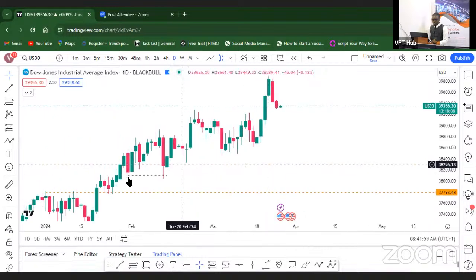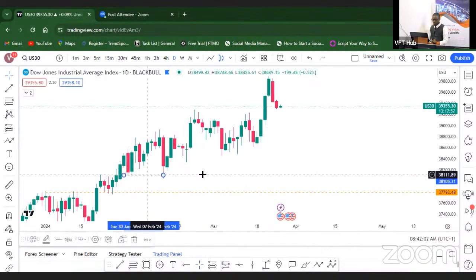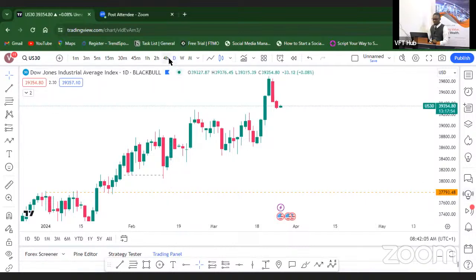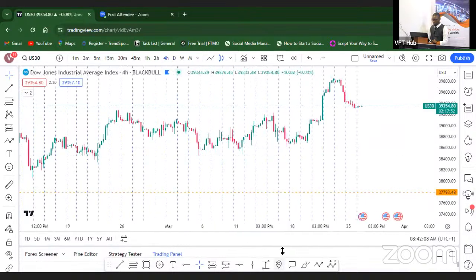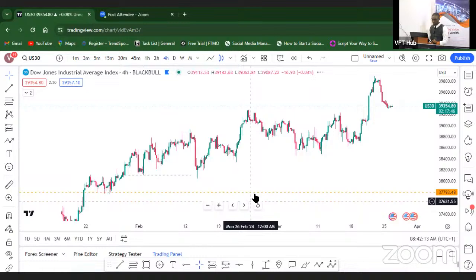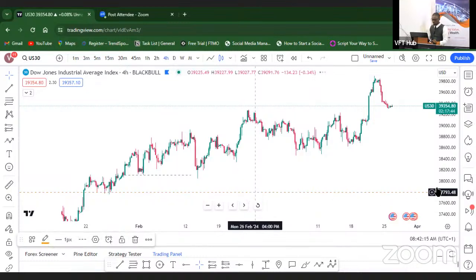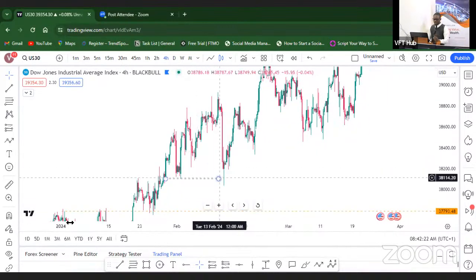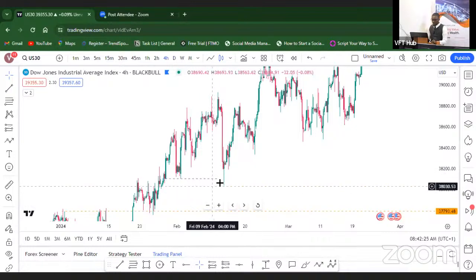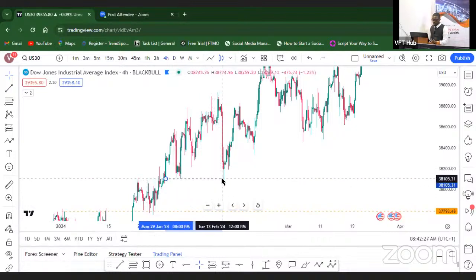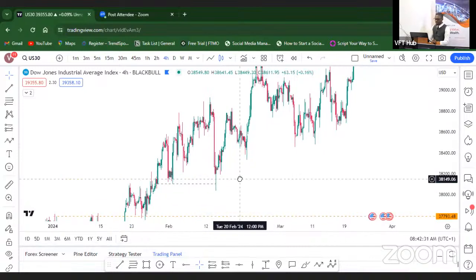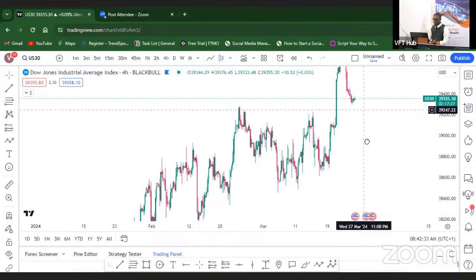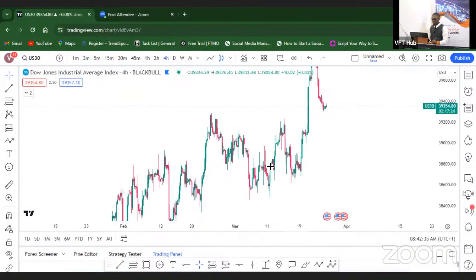So what am I seeing here? I'm seeing price swept through this last structure point, the last sweep that I saw. Let me bring it on 4 hours so it can be clear for us. So this was the last structure point. I saw a sweep. Interesting. I have two areas of interest here. The first one is closer to where price is. And if that does not hold, then we can begin to come down to the lower